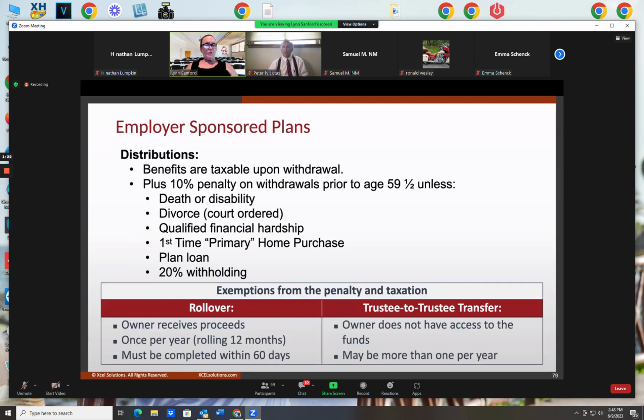Now, employer-sponsored plans, distributions. Here we'll talk about distributions. When you want to take money out of a qualified plan, you got some things to consider. Because it's in there and it's grown tax deferred for you, and it's compounding faster there than anywhere else you could put your money. So don't disturb it until you absolutely have to. Hopefully at retirement and well into your retirement years. Make this the last place you ever touch for money.